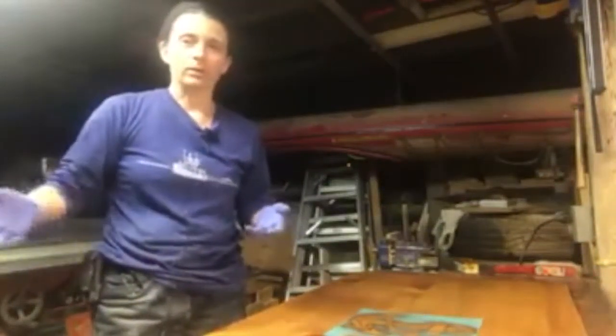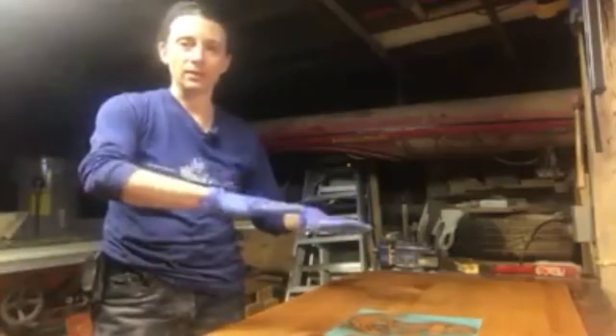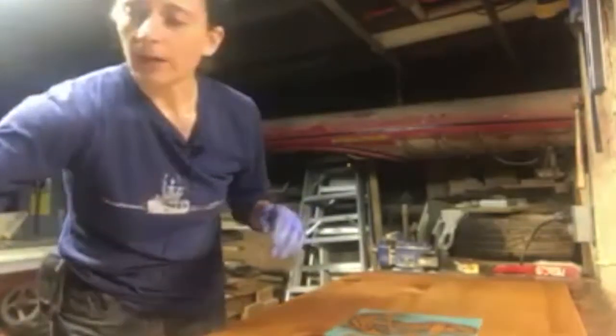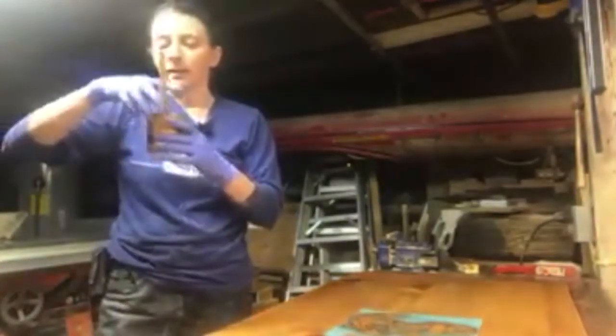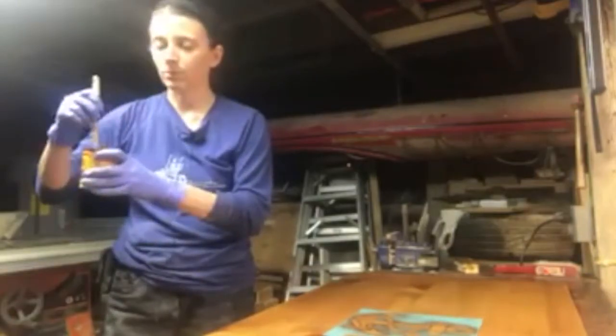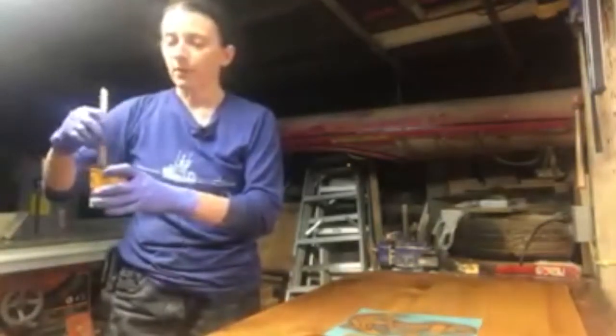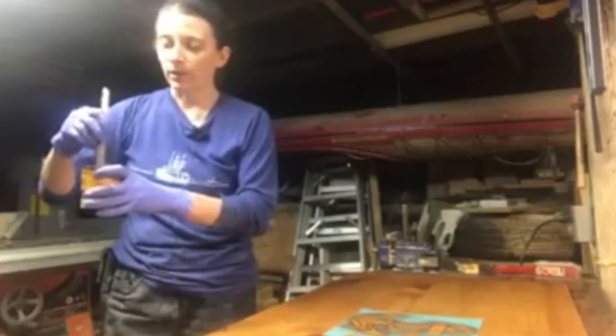and I found after a lot of experimentation that it works better to do the base stain first, because otherwise the stencil will bleed like crazy. So I did that already, and then I have a tiny can of red mahogany stain. Same brand, same type of stain and everything. You don't want to get too creative with it, although I have been doing it on top of Danish oil and that works great. So first thing I do is stir it up like you would with any stain,